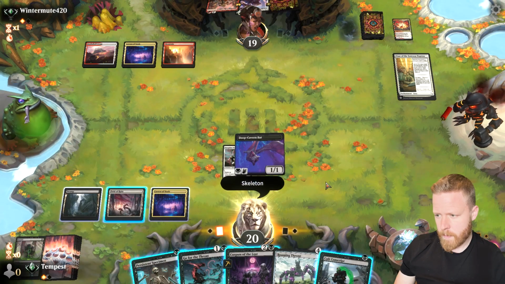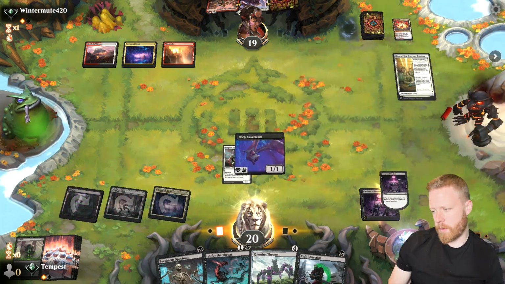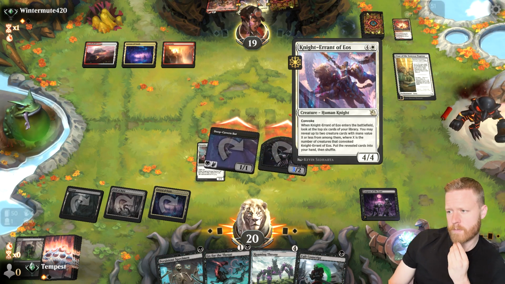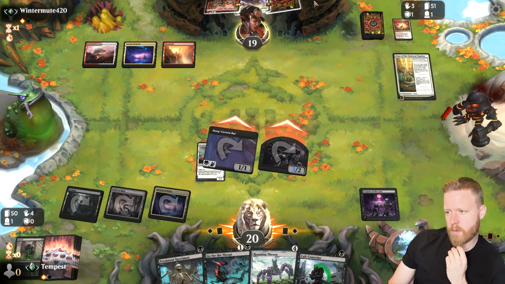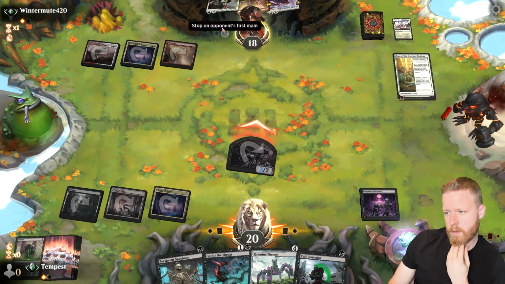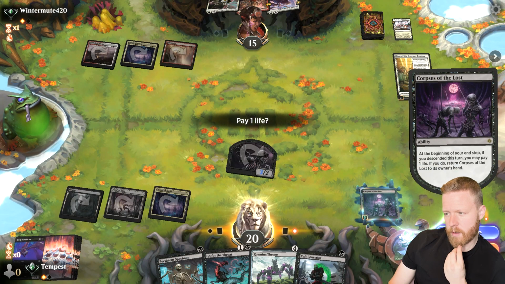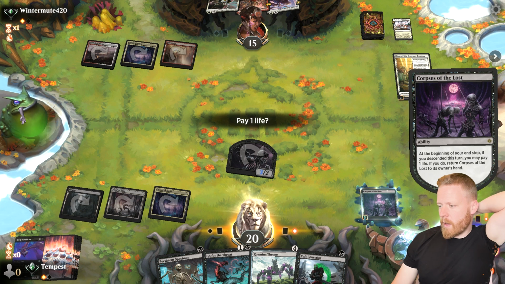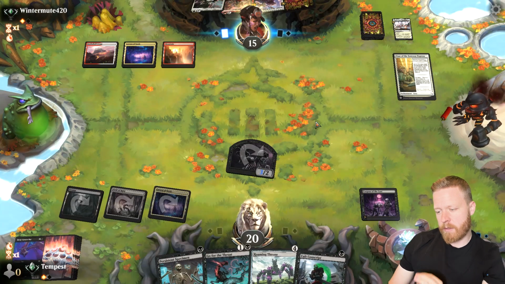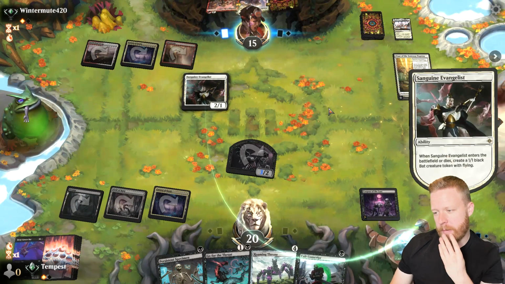Let's go like this. Skeleton, yes. Let's get this down, just so that all of our future skeletons will come in with haste. And we will attack. I called that, yeah. Okay, they get back there. Oh, I descended. So I can put it back to my hand. I don't think I want to right now, though, right? I want it in place so that these guys all have haste coming down. Kind of awkward with this thing coming into play tapped, but